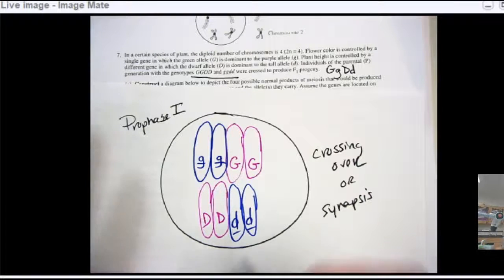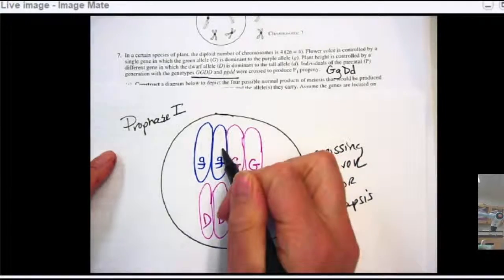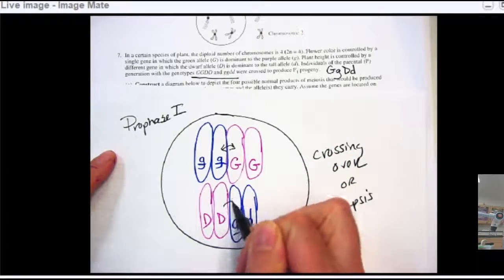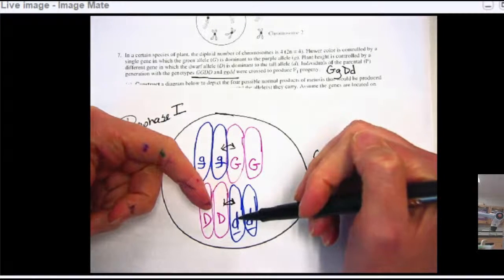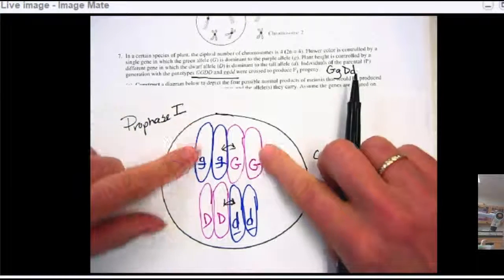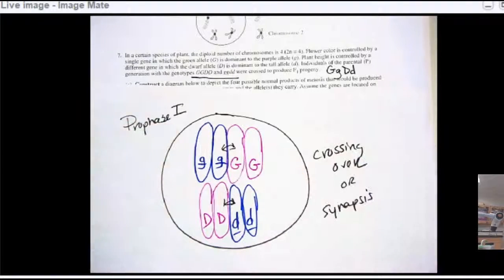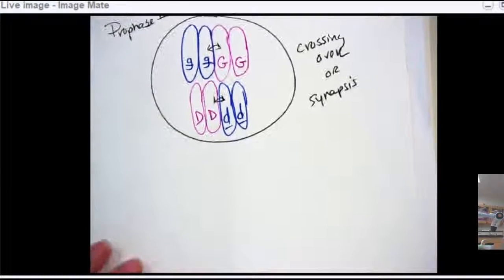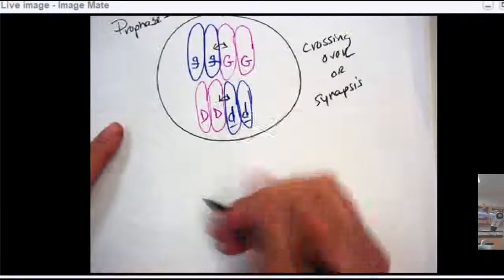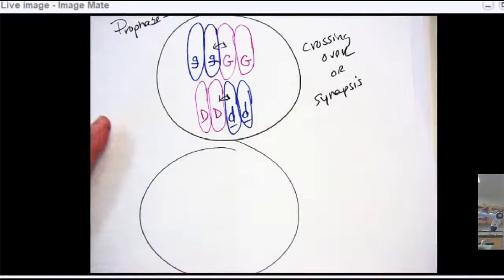What that means is that genetic information can be switched between the internal non-sister chromatids. It's not going to happen on the ones outside, because if you're switching actual matter, they have to be touching one another. So after prophase 1 and after crossing over occurs, I will get something